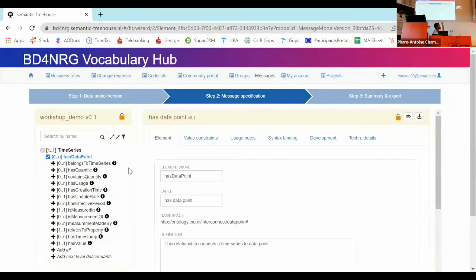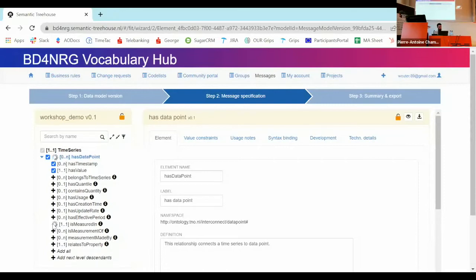And now this immediately illustrates the problem with these complex vocabularies. Look at all these choices. So it's not quite easy to use. But we remember we just want a timestamp at the bottom. I found it here. And we needed a value. And if you really paid attention, we also would like to add a unit of measure, of course, because there's a value and there's of course the